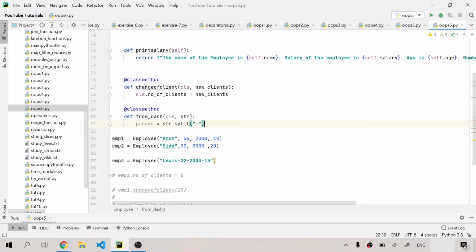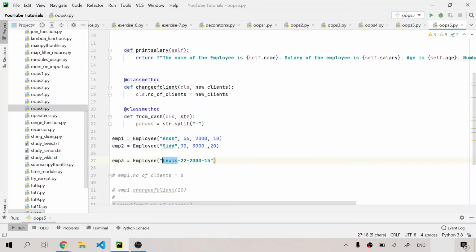If you guys don't know what the split function is, I've talked about it in my Python for Absolute Beginners in English playlist and the link is in the description. If I haven't, let me tell you that the split function splits the string that you provide with respect to the string that you provided inside its parameter. As you can see, I have put a dash right here. The split function gives you a list containing the split string.